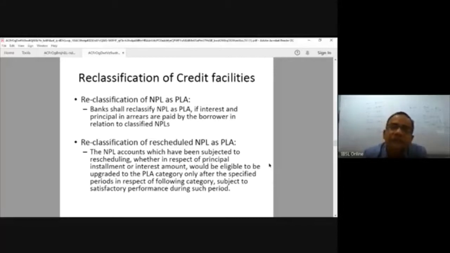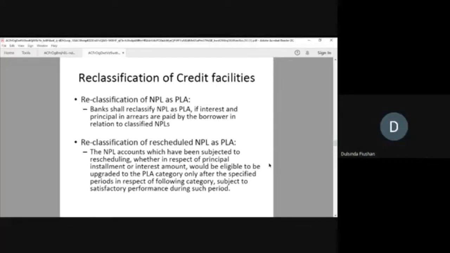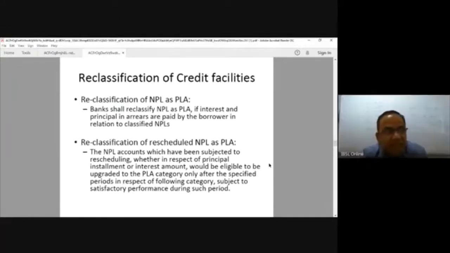So as you said, there is no amendment for classification. It means right now NPA is classified at 3 to 6 months. So there is no tenor amendment done by the central bank, is it? What the central bank did was